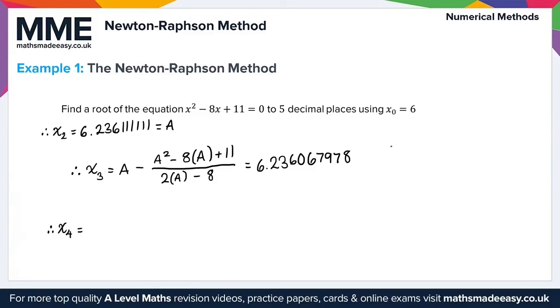Looking for x4 now, I'm going to use another letter instead of A. This time we'll call this B. So this is equal to B, and I'm going to use B throughout for x4. So that's B minus B squared minus 8 lots of B plus 11, all divided by 2 lots of B minus 8. Instead of using B, we'd be using this value, so you just need to substitute that in and evaluate that on your calculator. But what you should find is